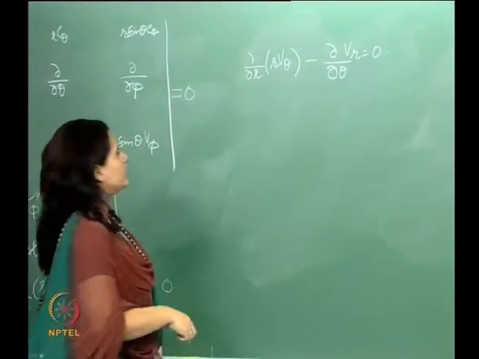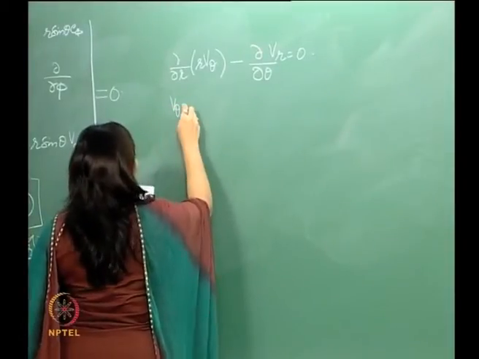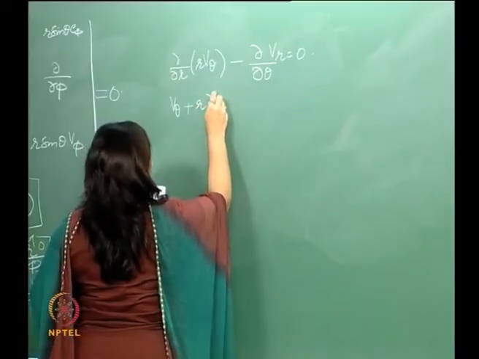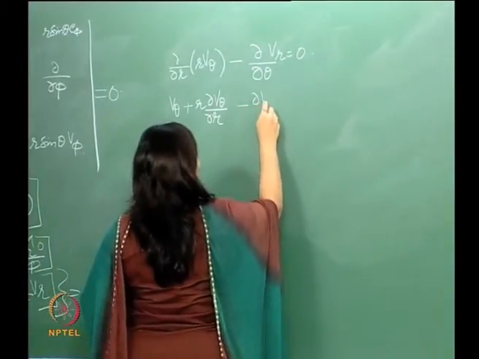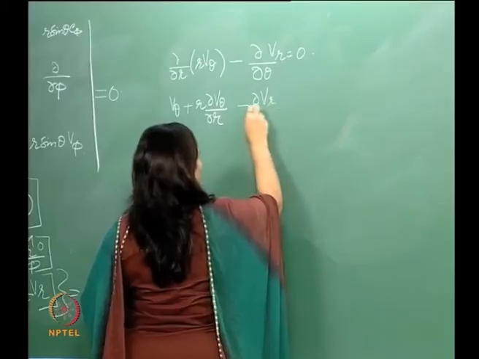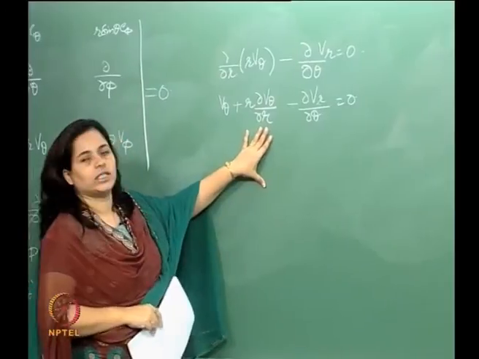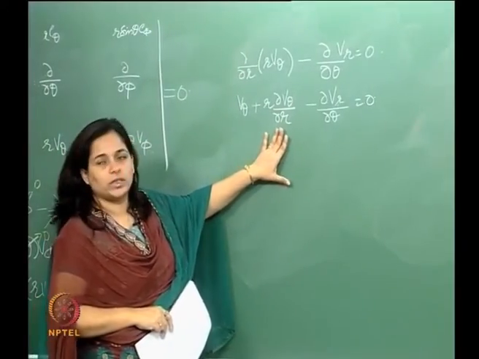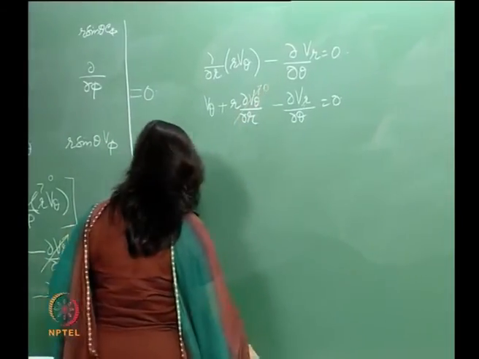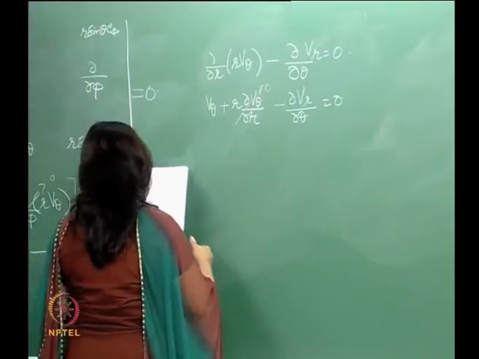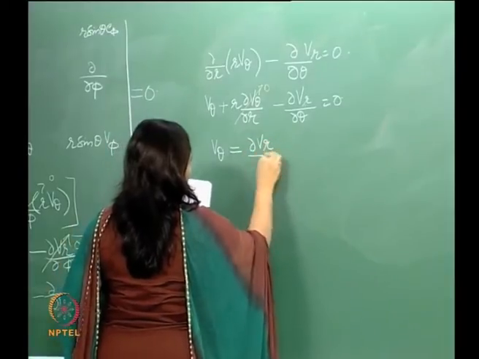Let us expand this first one. So, what we get is v theta plus r del v theta del r. Now, again in the radial direction properties are constant. So, therefore, this also goes to 0. So, what we essentially get over here is that v theta is equal to